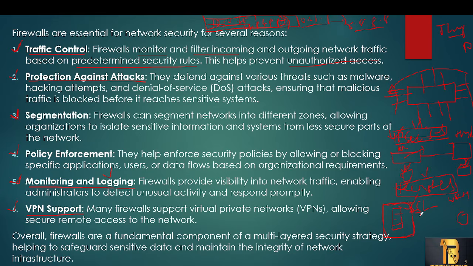So here in the Palo Alto, we have a GlobalProtect VPN, which we are going to use as remote access VPNs. We have to install this software and connect, so that it forms a secure tunnel, and the user will be able to access whatever resources are available in the internal networks securely. This will be used in remote access VPNs. People who are sitting remotely and working are going to use remote access VPNs.